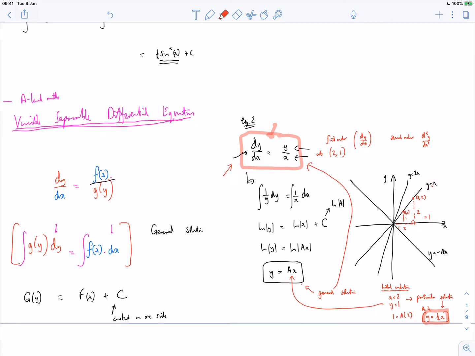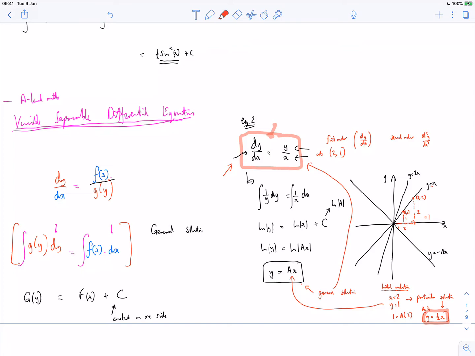Generally speaking, that's how you do variable separable differential equations. They get a lot harder, by the way, and for A-level maths, you just need to be really good with your trigonometric identities. You need to be able to manipulate partial fractions, stuff like that. For further maths, we look at things where they aren't variable separable, so we start looking at first order